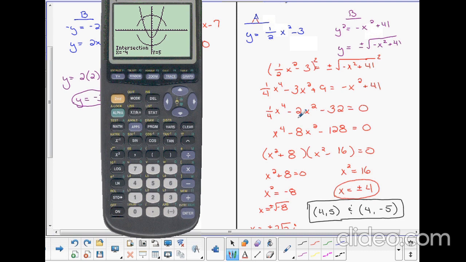So here we have taken a look at algebraic methods for finding solutions to nonlinear systems of equations, and then also how we can check those graphically, or in some cases, if we were required to, find those solutions graphically. This looks like a good place to stop. We will continue with our next video looking at more algebraic solutions and then get into some